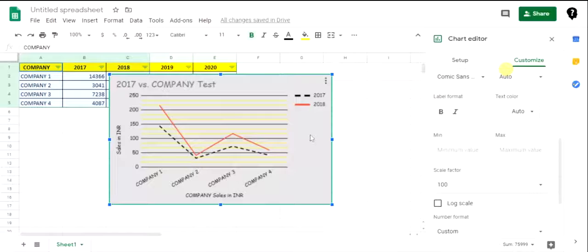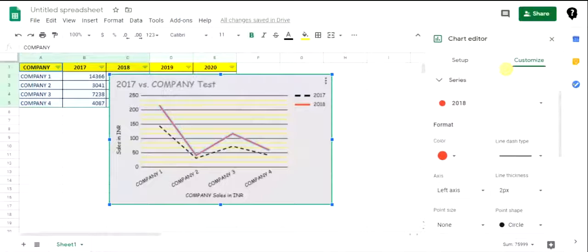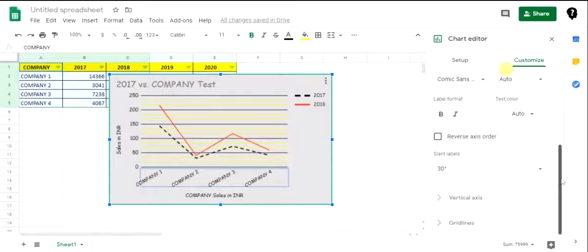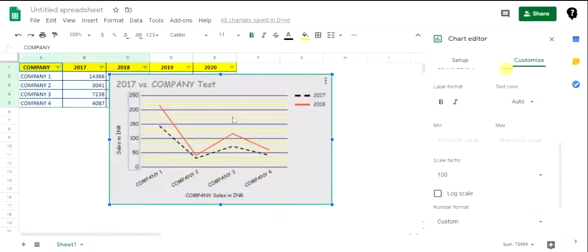Okay. Now here if you see, I can select these things if I click on the chart. For example, this is my 2018 series. If I double click on it, that option automatically opens up. So that's a shortcut for productivity. I click on the 17. Now see here, my 18 series is highlighted. I double click on the black series, my 17 has been highlighted. I clicked on this horizontal axis label. See here, I am currently in the horizontal axis label. I double click on this, I am in the vertical axis.